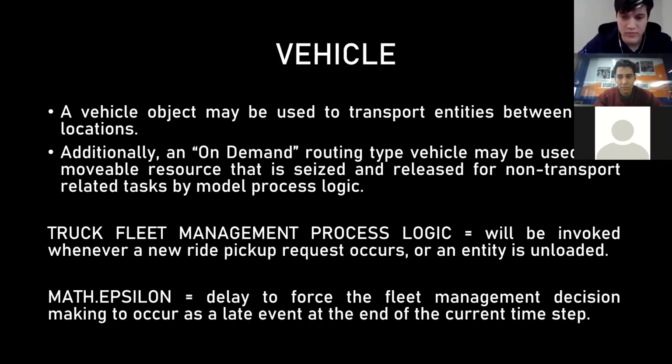Okay, so before we move on to the Simio model, we're gonna briefly explain some of the objects and the processes that we're gonna be working with. So of course, the most important one is the vehicle. A vehicle object may be used to transport entities between node locations, and we're gonna be creating an on-demand routing